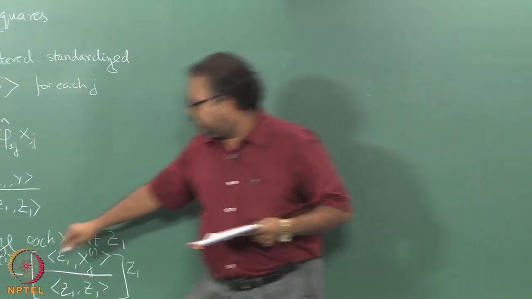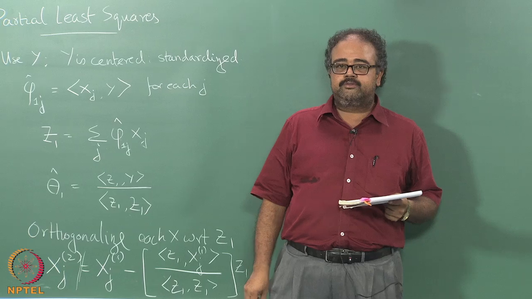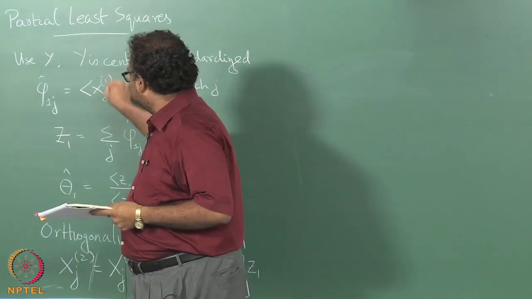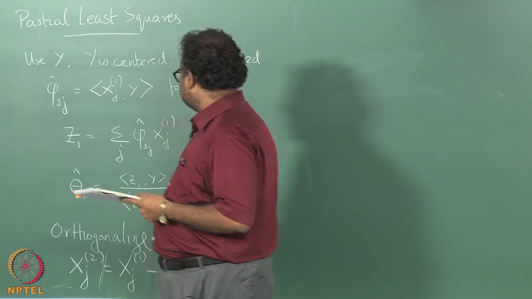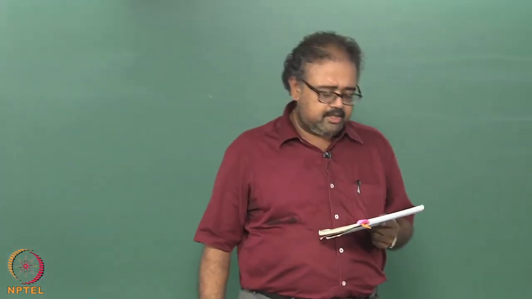So now I have a new set of directions which I call xj2, right. xj1 was the original xj's I start off with. Now I have a new set of directions which we will call xj2,